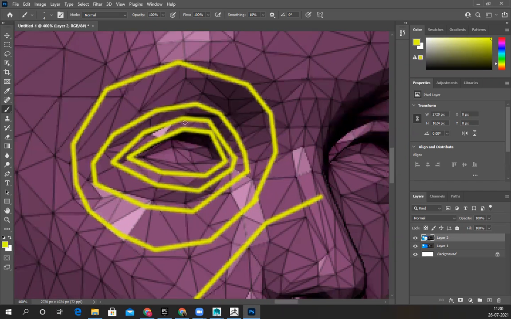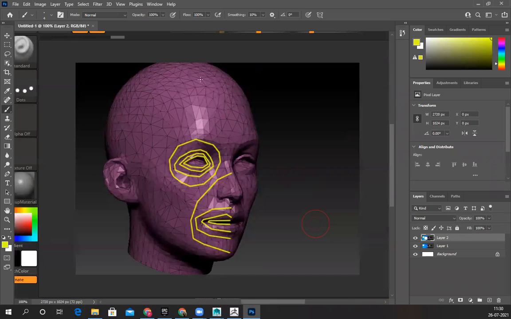The reason why we have multiple loops: if I rotate, like close the eyelid, because of this loop, it will hold the shape. If this loop is not there, it won't hold the shape. You cannot blink. But again, this loop is there, and there's the bulge. For expressions, we move the eyebrow and everything. This bulge sometimes comes over your eyelid, right? So to create those expressions, this third eye loop is also required. And whenever we move the eyebrow, it should affect this area also, and this area also. That's how our muscles are connected. So that's why we create all these things like this. And one more loop is there.